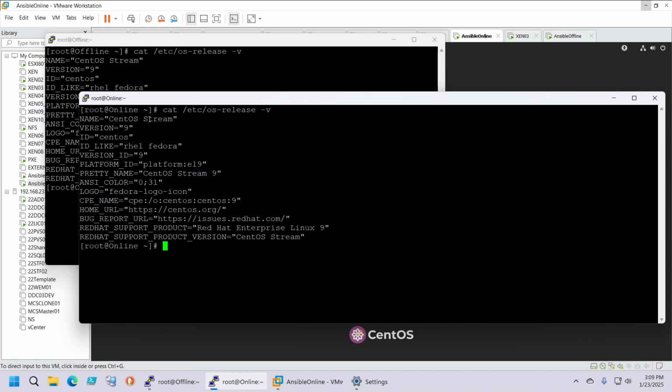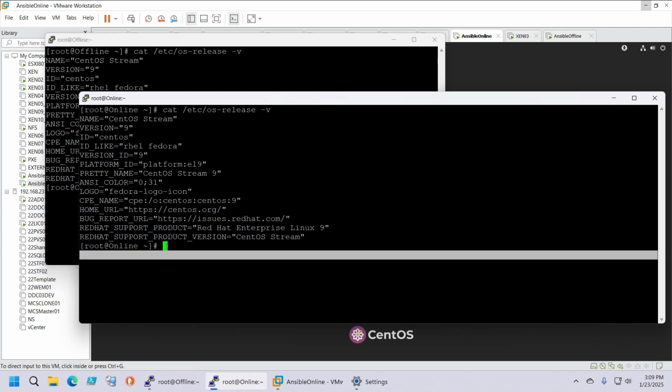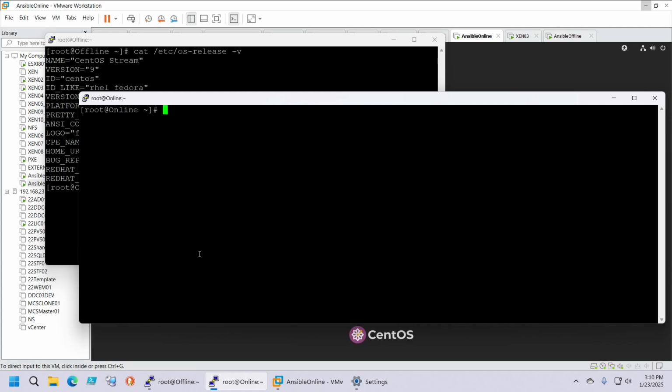Okay, so offline, online, we first need to work on the online VM to create our repository and download everything we need and move it to the other one. So we start with dnf install, and we want to be able to create repos, createrepo,